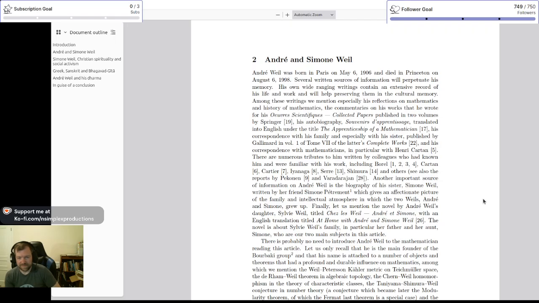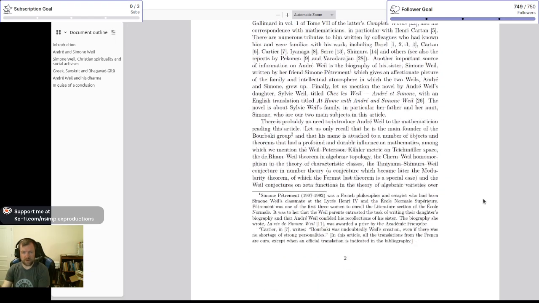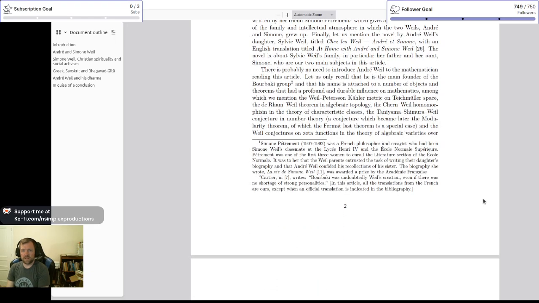There's probably no need to introduce André Weil to a mathematician reading this article. Let us only recall that he is the main founder of the Bourbaki group, and that his name is attached to a number of objects and theorems that had a profound and durable influence on mathematics, among which we mention the Weil-Petersson-Kähler metric on Teichmüller space, the de Rham-Weil theorem in algebraic topology, the Chern-Weil homomorphism in the theory of characteristic classes,